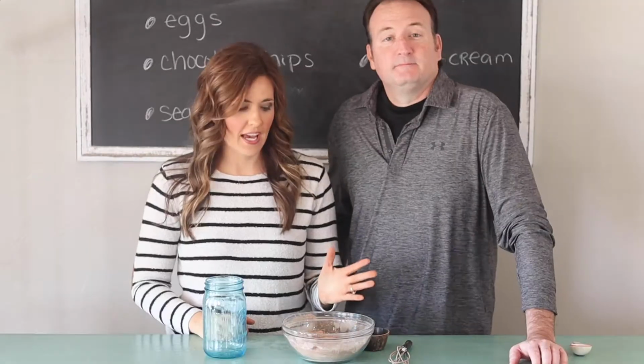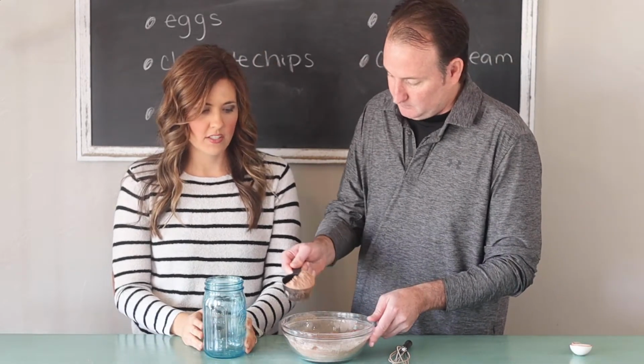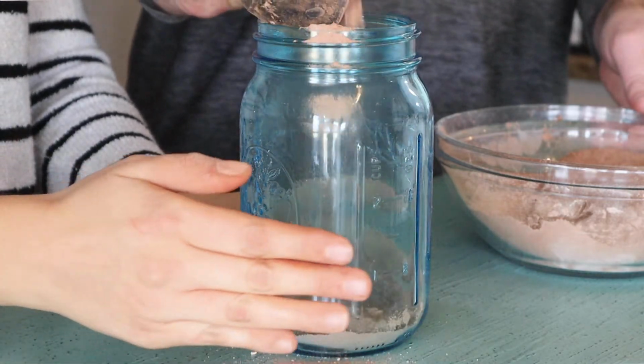Unsupervised. Okay, so we have our mix and we're just going to put it in a nice little container to keep it in. You want to stick it in there? Yep. And so whenever we're ready to drink hot chocolate, we just put...